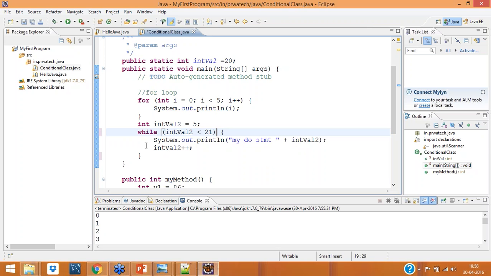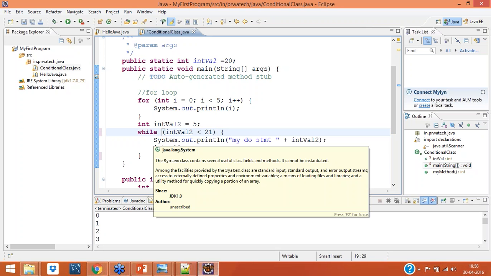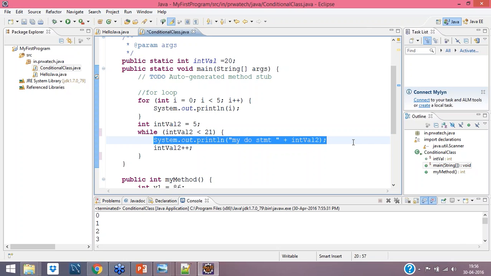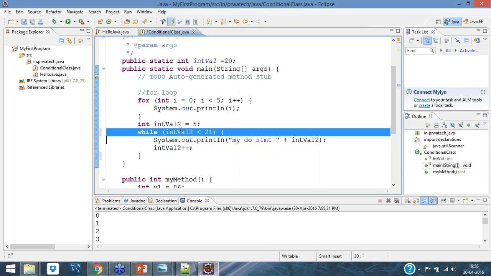With while, the statement runs only if the condition is satisfied. But with do while, if the condition is not satisfied, the statement will still run at least one time. While will not print if you don't satisfy the condition. So it all depends upon your requirement whether you go for do while or while.